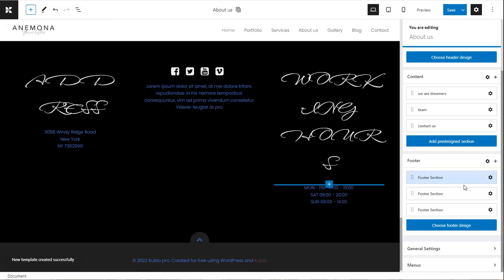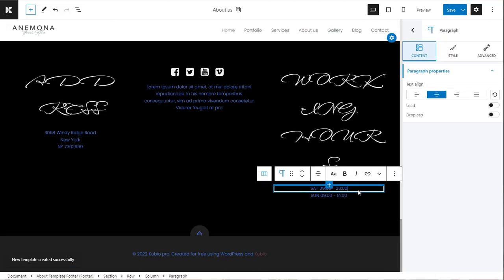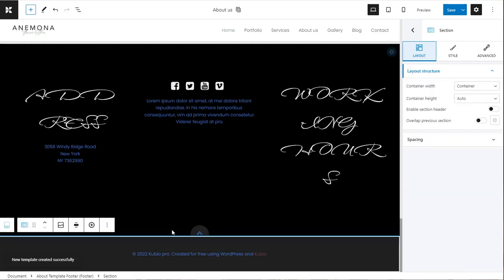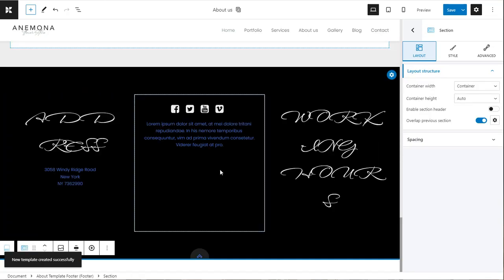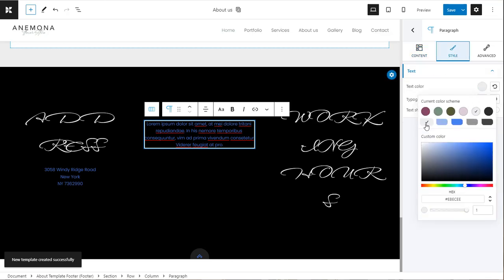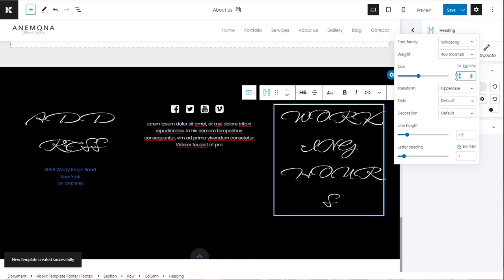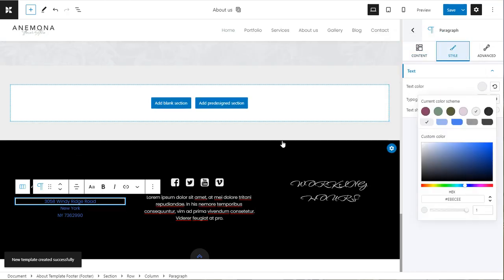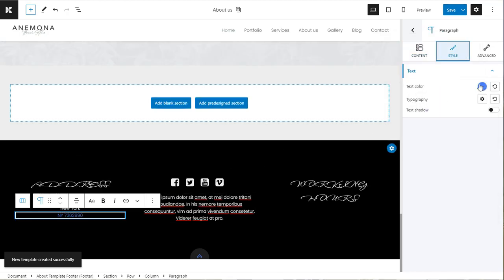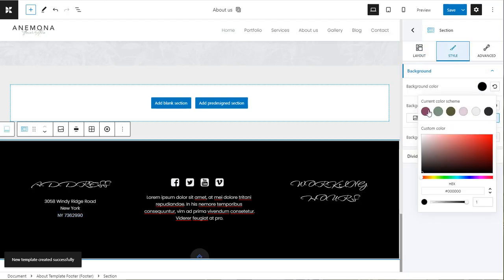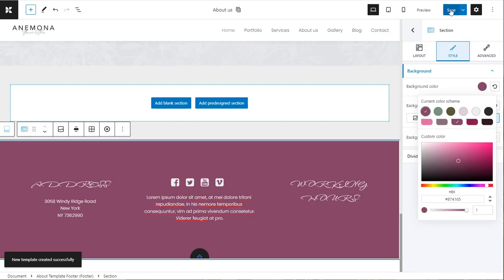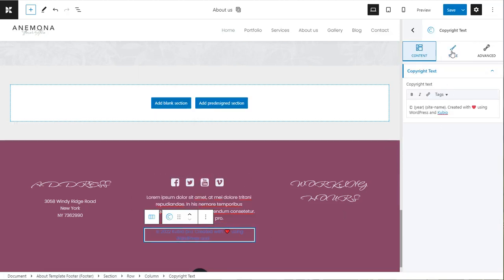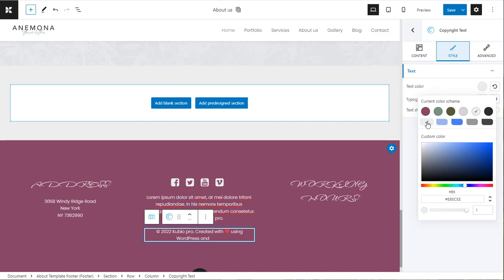From now on, we can remove or add blocks to the footer, as well as customize them the way we see fit. We will use the block editing panel we are now familiar with. But where can you find all the footers you create? Well,